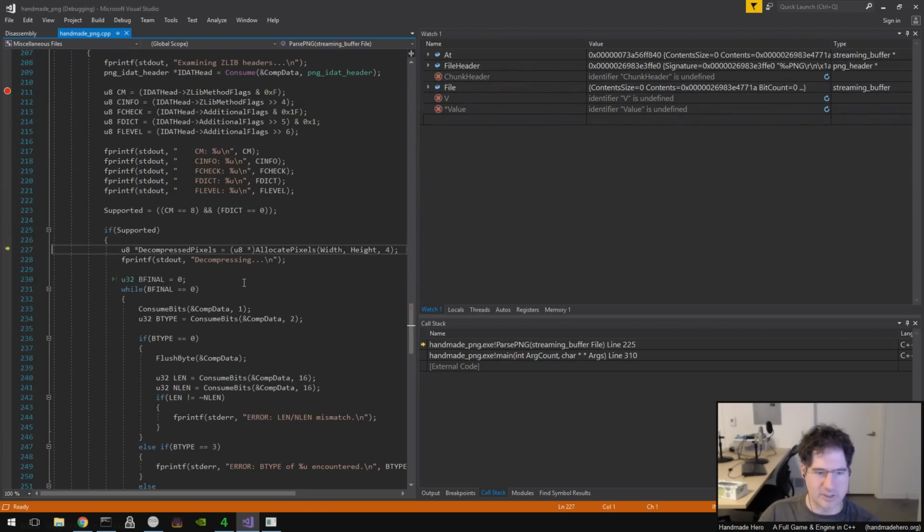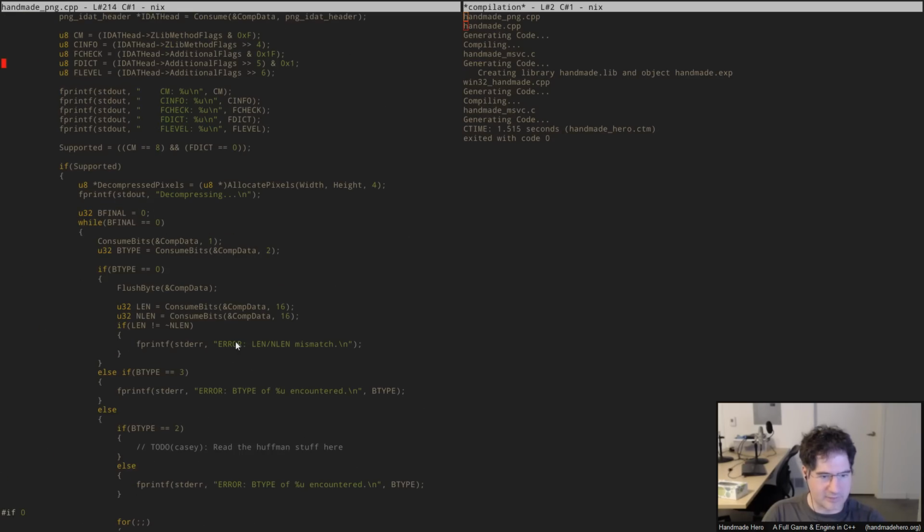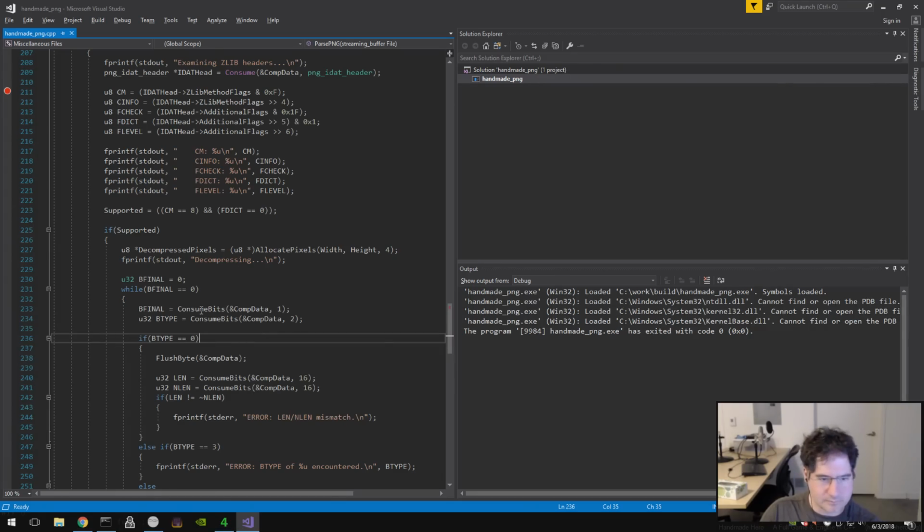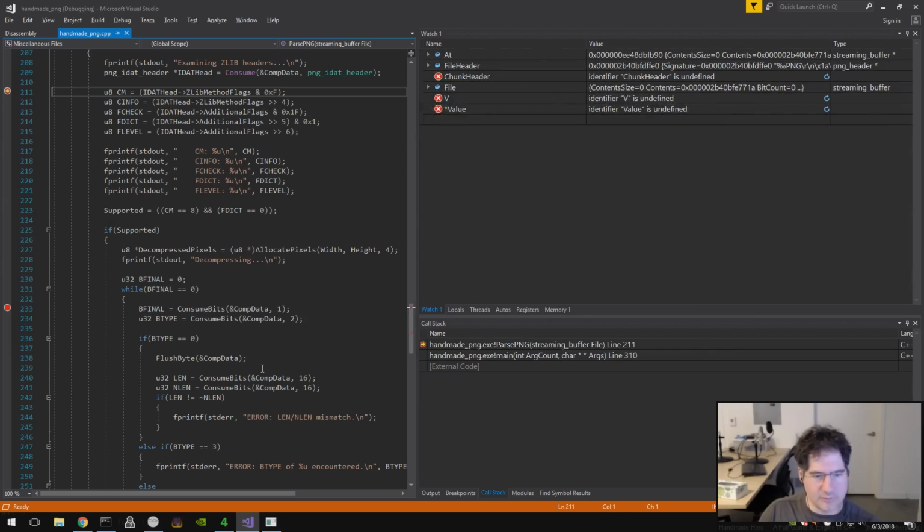So let's just take a look at what's going on here. If I want to consume 1 bit from the data stream, oops, I accidentally deleted the B final there when I was copying it. I still do want to set B final. There we go. So when I want to consume 1 bit,